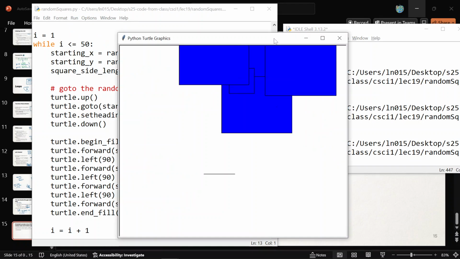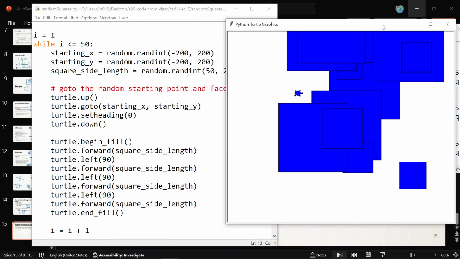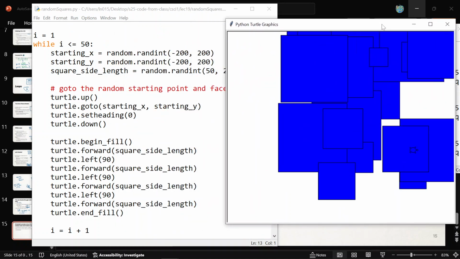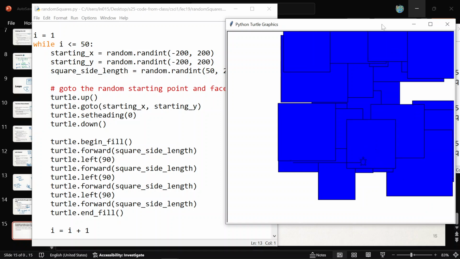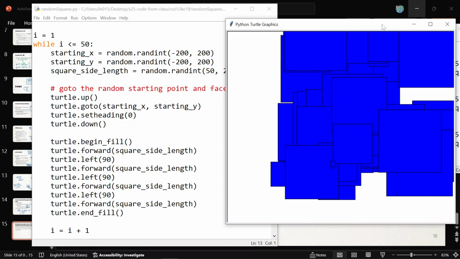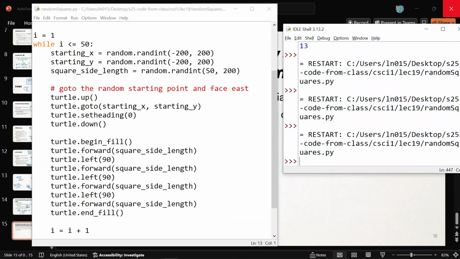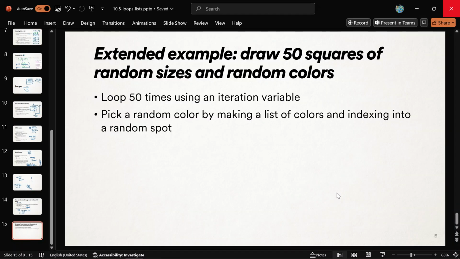Beautiful. All right. And now, instead of hard coding blue, every time we're about to draw a square, I'd like to pick a random color. That's what I want. That is my goal now. So what we can do to pick a random color, one way to do it at least, is to make